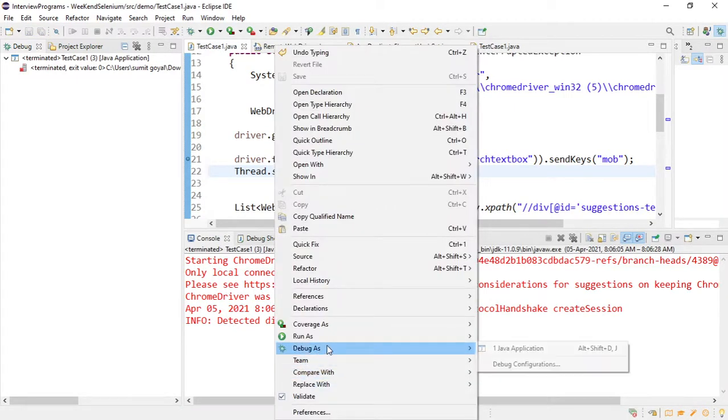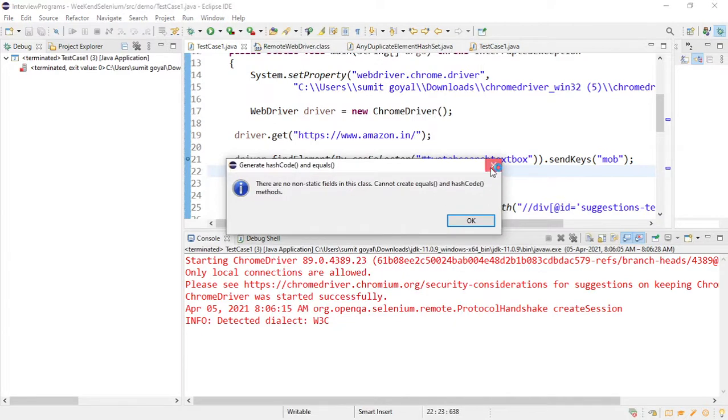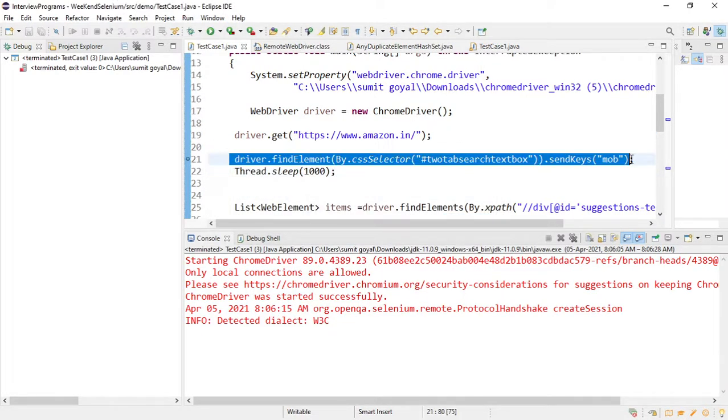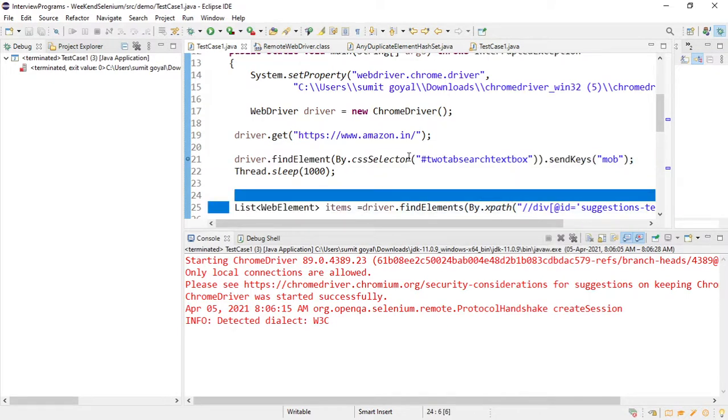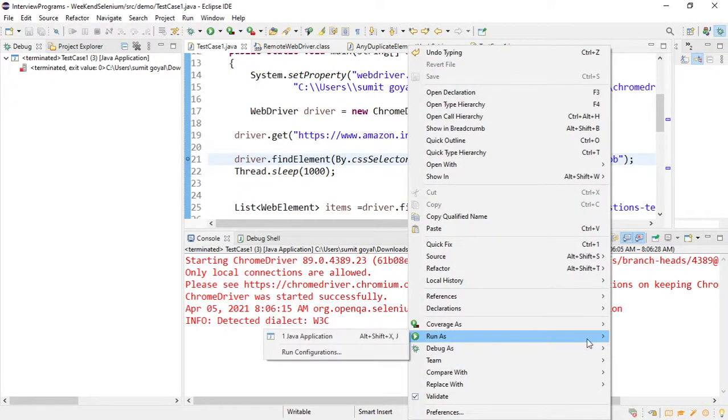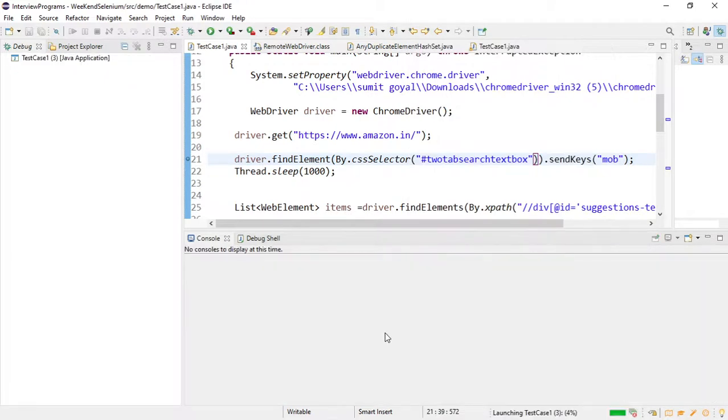If I run it, what will happen if you do not put the wait? After execution of this, the list will still be loading, but this will be executed, so it will capture 0 elements. Let me run this.